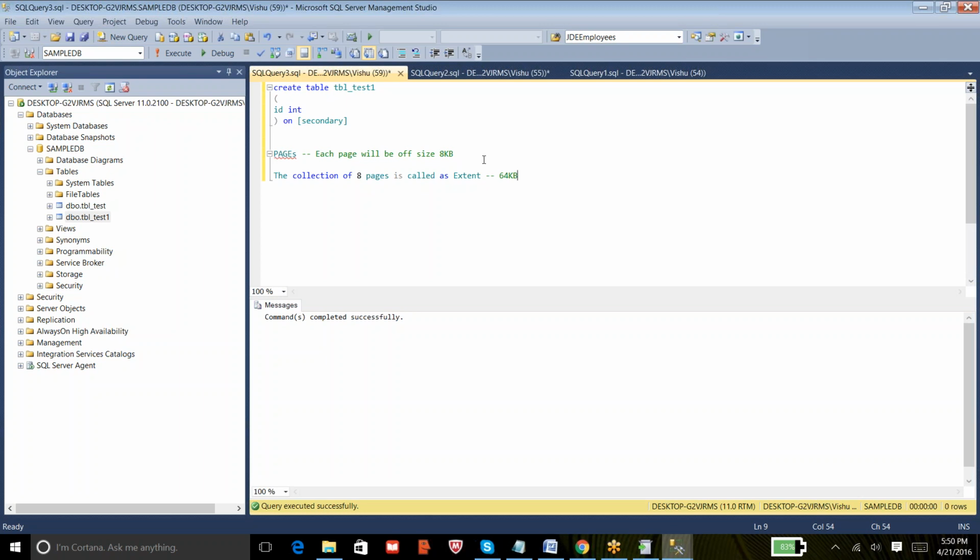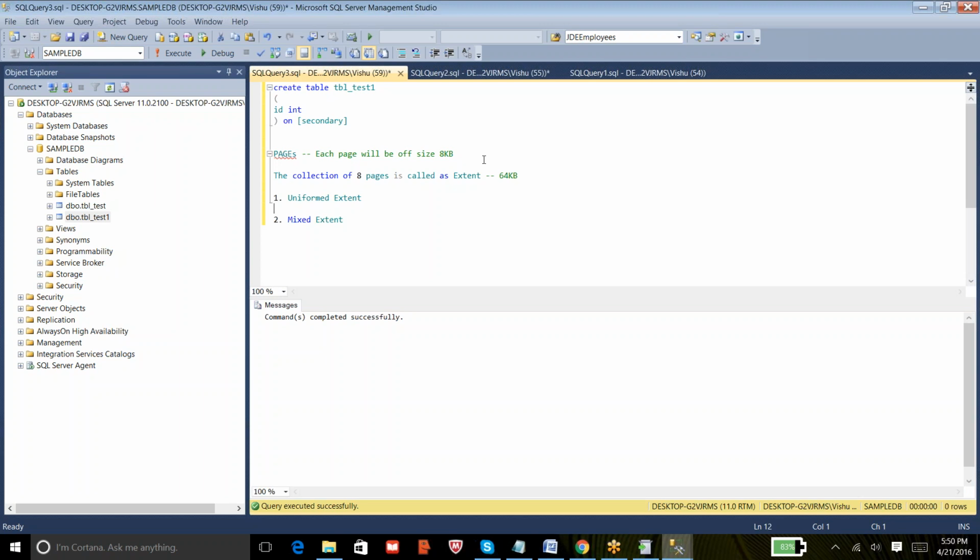And here we have got two types of extents. One is uniform extent, and the other is mixed extent. You can map it, in non-technical terms, an extent is like a small book with 8 pages.